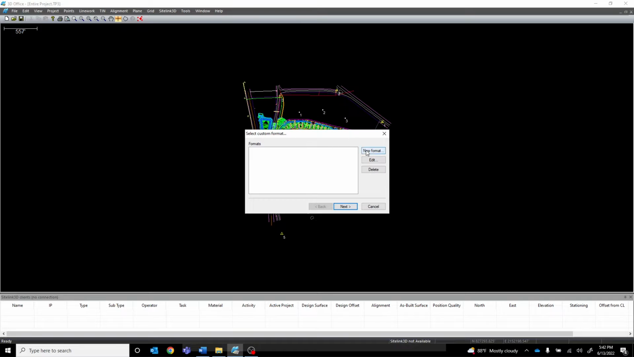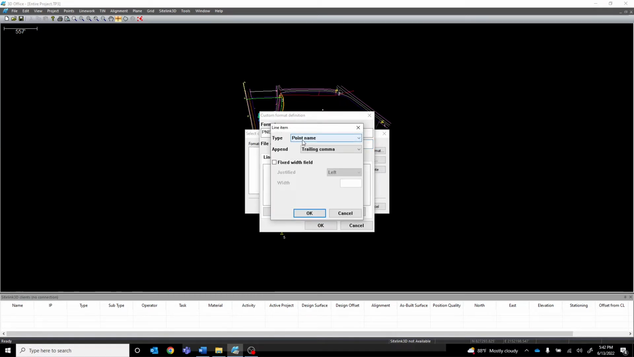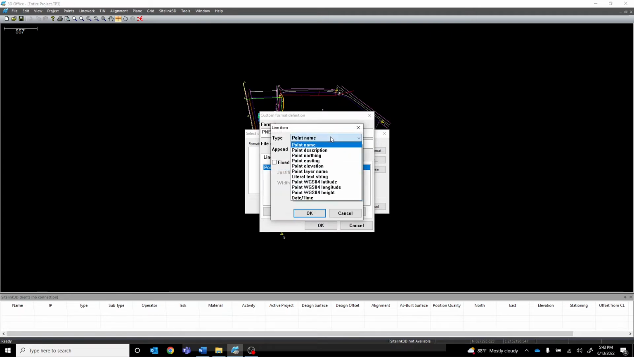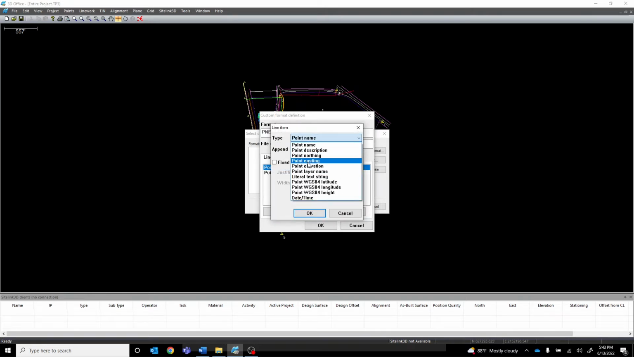To do this, we'll start off with a new format. I'll give it a name of point northeast elevation, lat, long, and height. The file extension, again, is CSV. And now I'll have to select the attributes for each one of these formats. So I'll start off by adding, and the first one is point name. We'll tell it OK. I'll add again. Then we want northing, and then easting, and elevation,